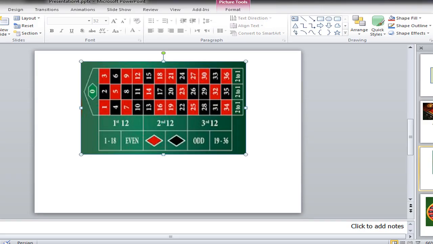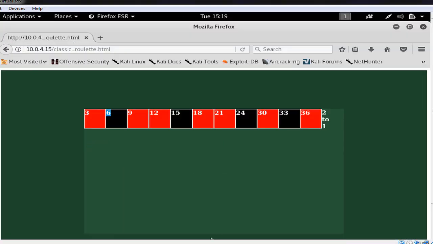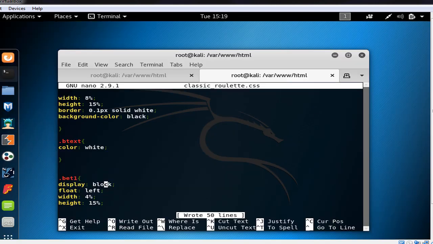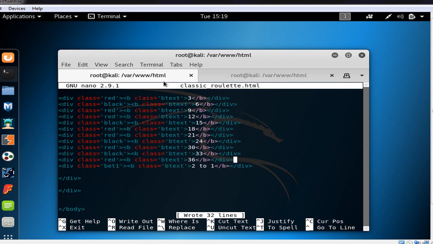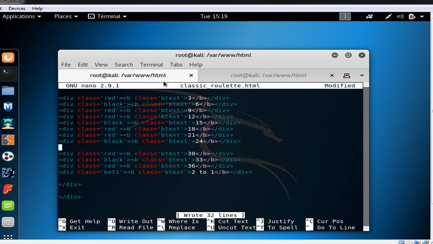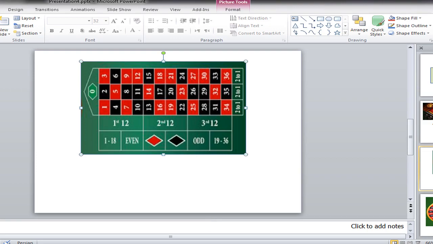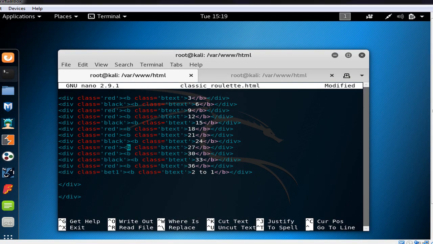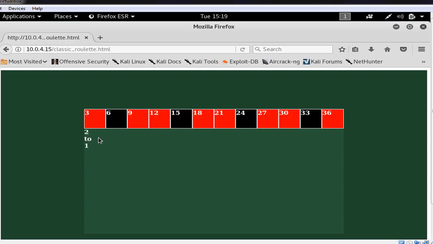3, 6, 9, 12, 15, 18, 21, 24, 27. So I haven't put the 27 box in here, so let me just go in here and press enter. After 24 we should have 27. So in here we say 27, and if we look, 27 is in the red. So yes, we say red. Now if we refresh, as you see, this has come down, and the reason is that we don't have any